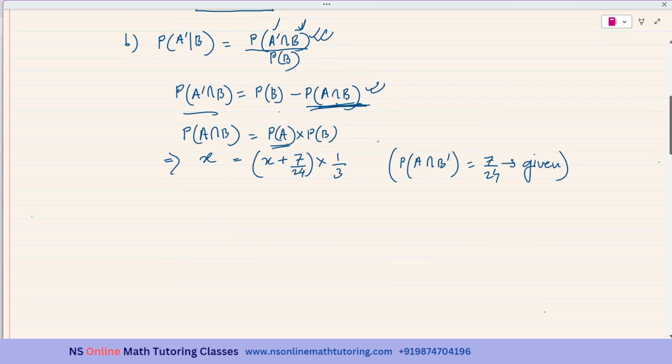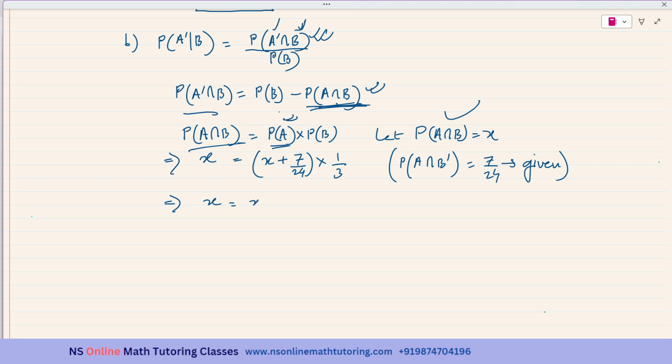Okay, let P of A intersection B equal to X, and then we are having this formula. Okay, you have to write this. And now we can find the value of X, because we need the value of X, that is P of A intersection B. We really do not need to find the value of P of A. So, this is equal to